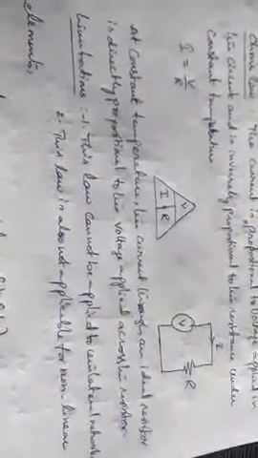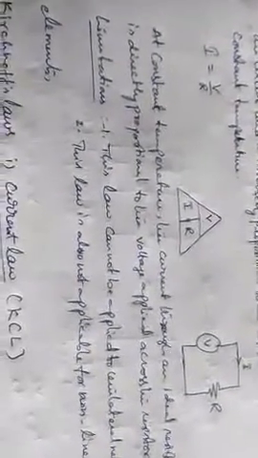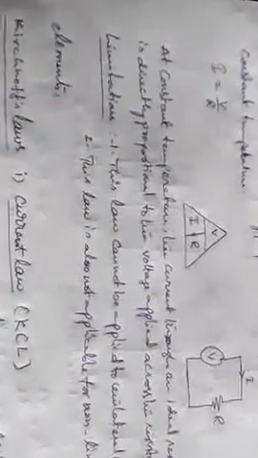Now, for Ohm's law, two limitations are there. This law cannot be applied for unilateral networks. Unilateral means like a diode. Diode forward resistance is different and reverse resistance is different. So we cannot apply Ohm's law there. And this cannot be applied for non-linear devices. In non-linear devices, the characteristics change when the voltage ranges from 0 to infinite. That's why Ohm's law cannot be applied there also.